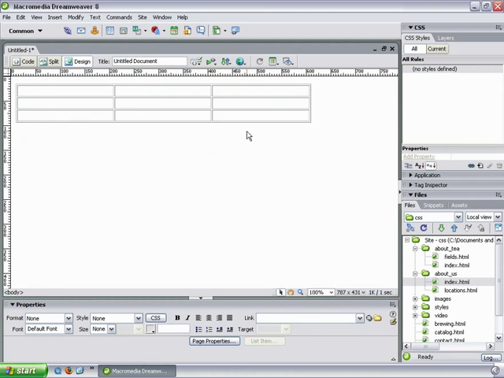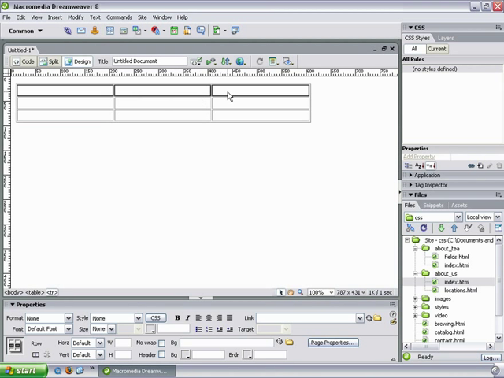So here's my table. And remember when we inserted it, we told it to have 3 rows and 3 columns, and it's set to 600 pixels. But bear in mind that once a table has been added to your page, it's never set in stone. You can always select the table and add more columns or rows, as well as remove columns and rows. But before you can do so, you'll need to know how to select certain sections of your table in order to change them. For instance, if I want to select this entire top row, I can just drag through the